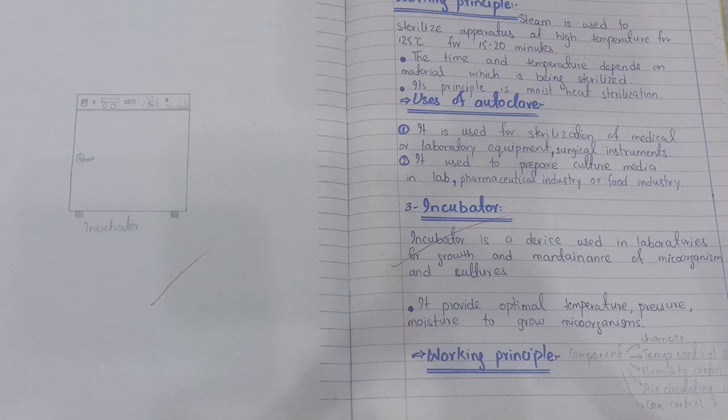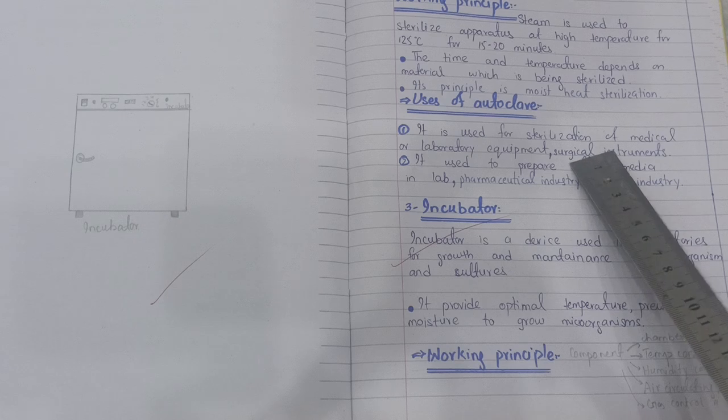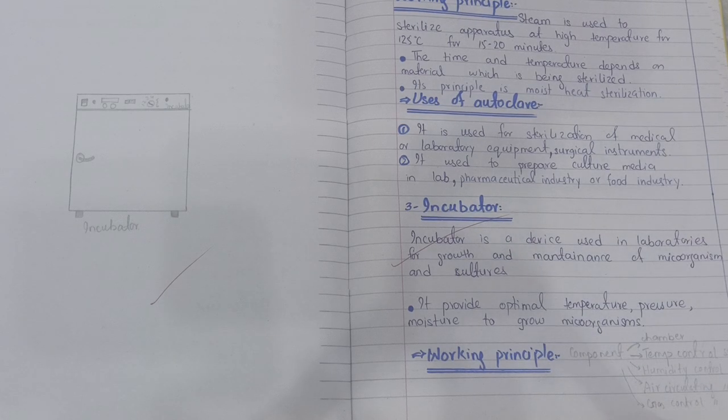And you have seen in the picture of the autoclave that water is clearly present below, because we have to produce water vapors, and the heating element is placed in the water to produce steam or hot water vapors. What is the use? Very simple. It's used for the sterilization of your lab equipment, surgical instruments, any kind of food industry में, pharmaceutical industry में जहाँ पर दवाइयाँ बननी है या जहाँ पर food बननी है वहाँ पर sterilization की ज़रूरत होती